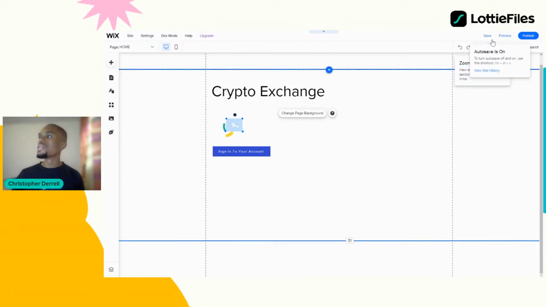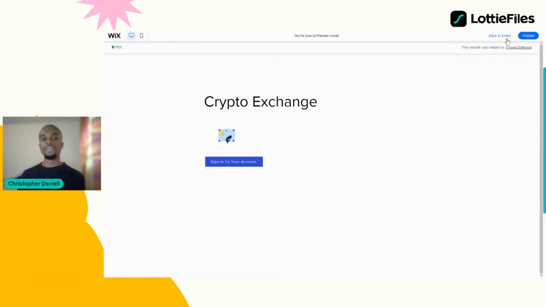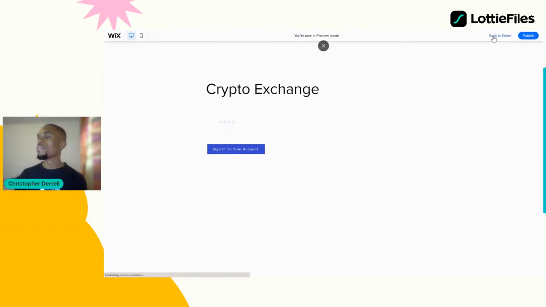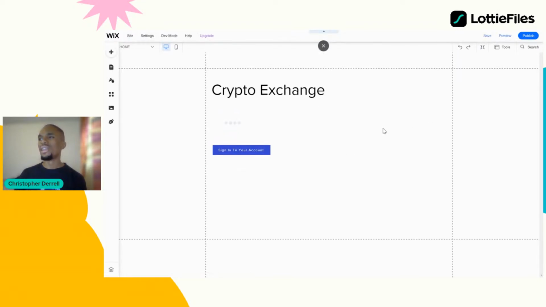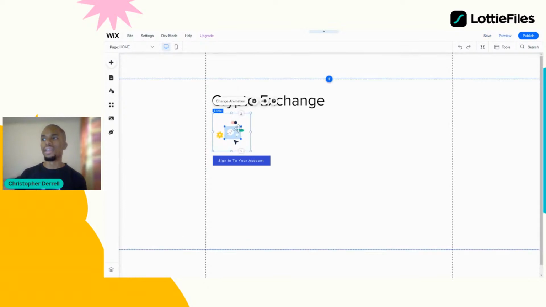And so if we wanted to preview how it would look when it's live, then we see already we have a loading animation that they've preloaded. We have our name and we have our button, of course. Now, let's say this is not the animation we want. I mean, it's a nice animation, but it's not necessarily the one that we're looking for. What we can then do is change the animation,